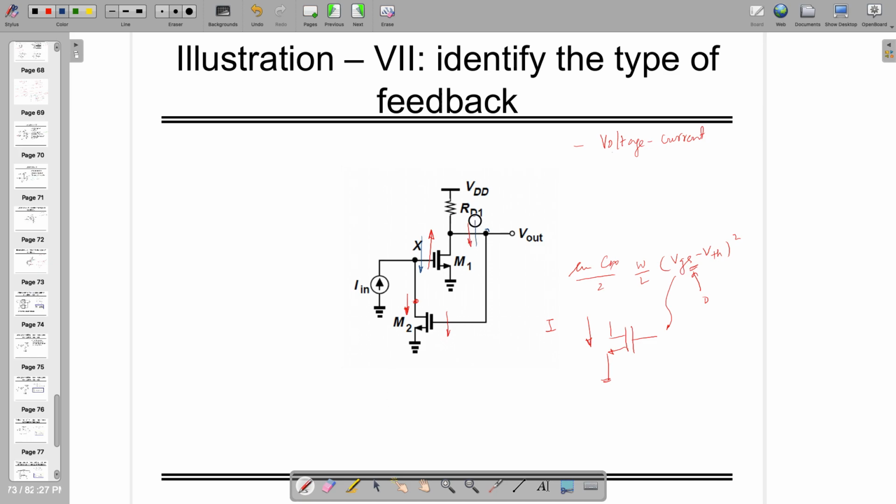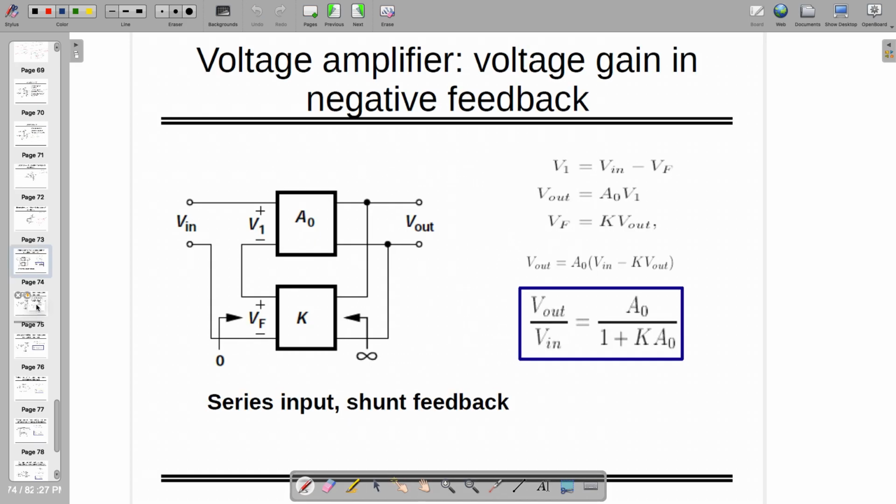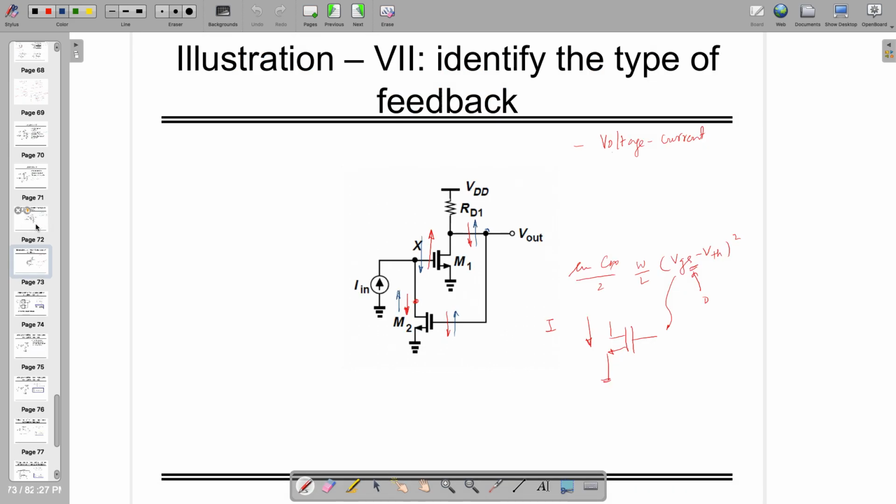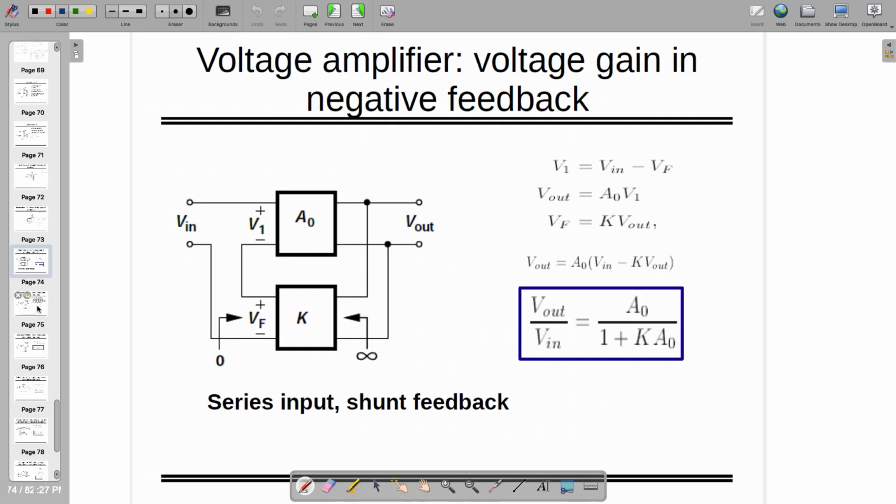And if this is decreasing, this becomes increasing. If this is increasing, the current is increasing, right? And accordingly you can see that this feedback loop is helping us to achieve the negative feedback, right? So you need to look at the different amplifiers and find out their polarity, negative or positive. Now let's look at the situation if it is a voltage amplifier where input is voltage and output is voltage, where the output is in shunt condition and the input is in series condition. So this is also known as the series input shunt feedback, right?